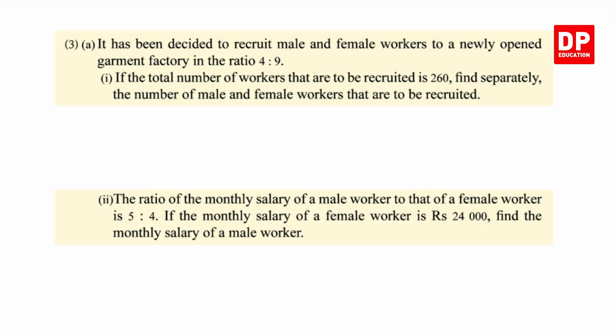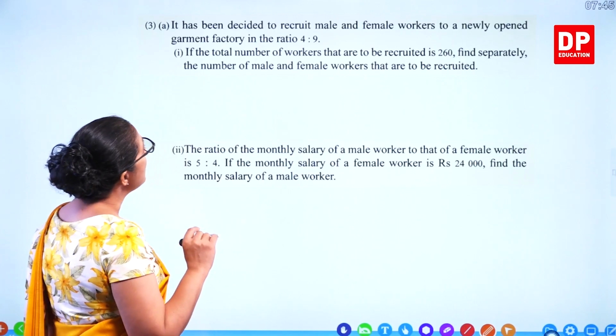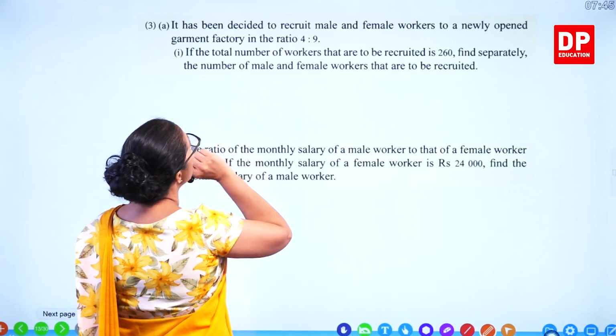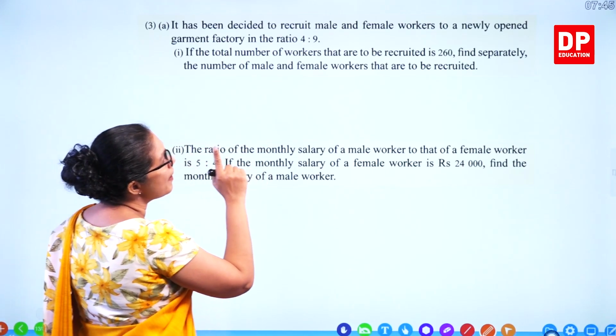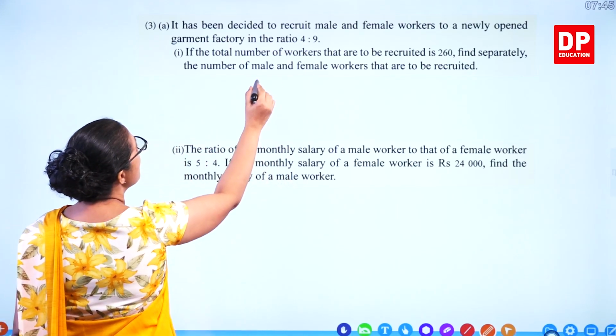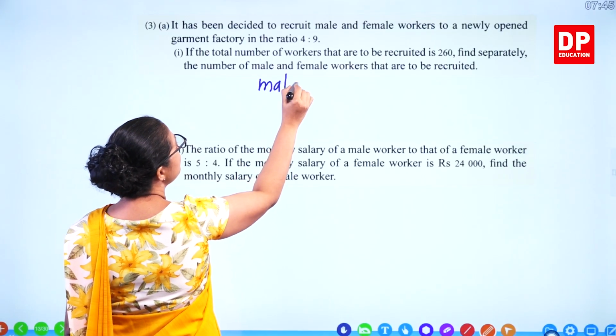Question number 3. It has been decided to recruit male and female workers to a newly opened garment factory in the ratio 4 to 9. If the total number of workers that are to be recruited is 260, find separately the number of male and female workers that are to be recruited. That means here the ratio male to female. Male to female is given